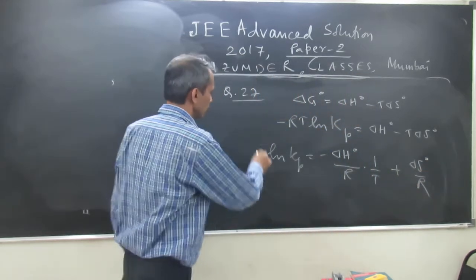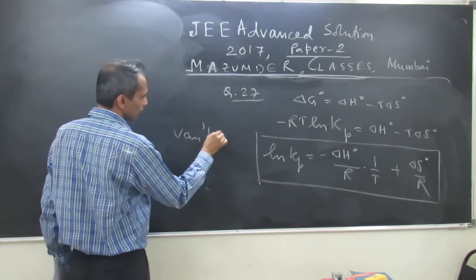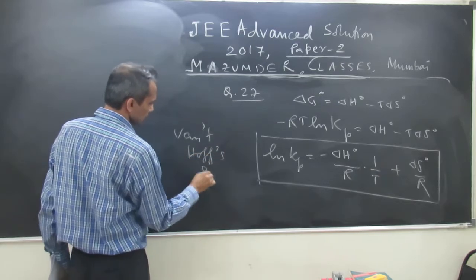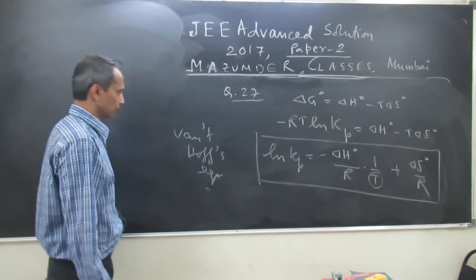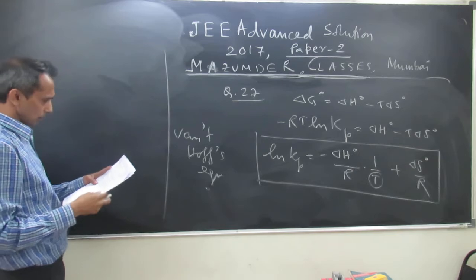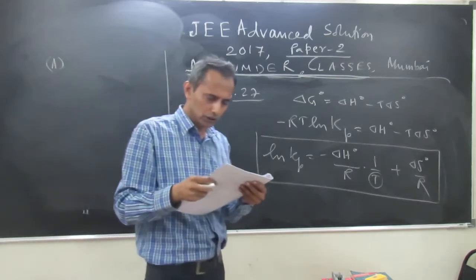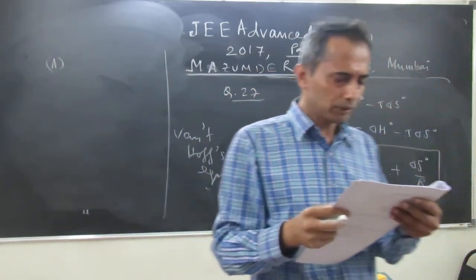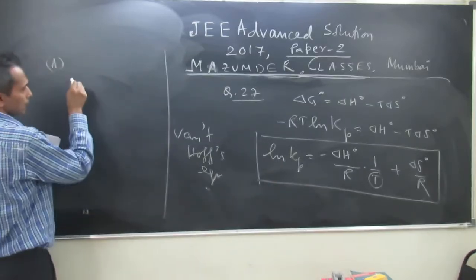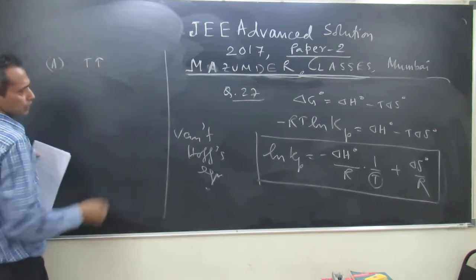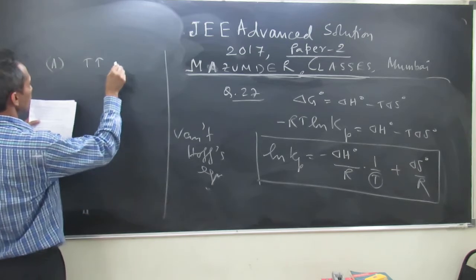So therefore, this is basically Van't Hoff's equation, which depends on the temperature only, considering that delta H naught and delta S naught are fixed. Now, one by one, we'll analyze this particular question. First, see option A. They are saying that the effect of temperature on equilibrium constant K in terms of change in entropy is described by: with increase in temperature, the value of K